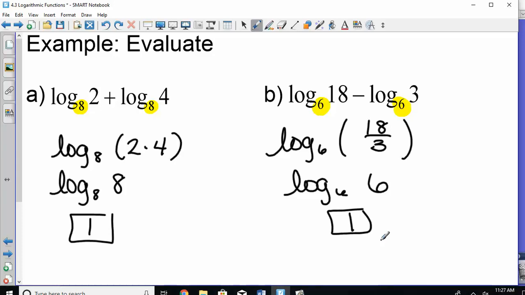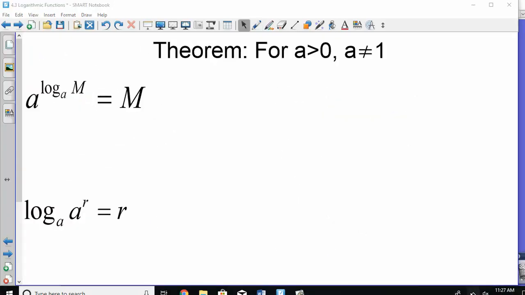Two more properties that we need. I'm going to put them up here, let you write them down, and then I'm going to talk about them. I told you that the log and the exponential were inverses of one another. And we talked before about how inverses are opposites. They cancel each other out. So what that means is if you have both a log and an exponential with the same base, they're just going to cancel. If I said like